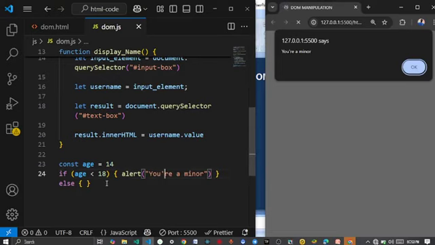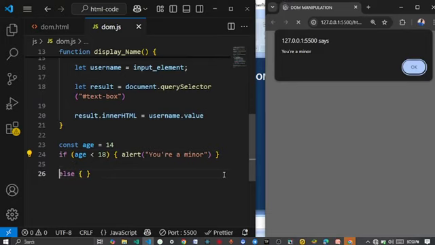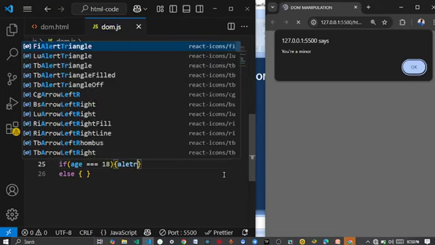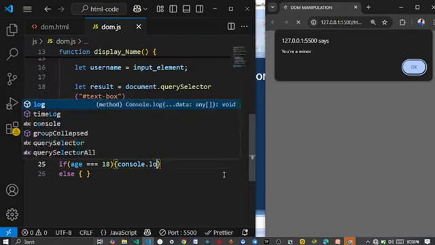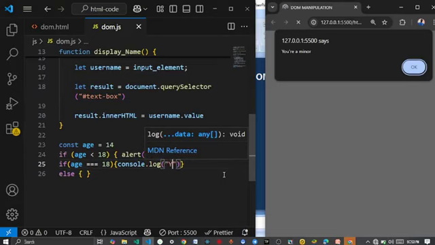So how do you actually do that now? Also very, very simple. As I said, you can have several if statements. So I can just come down before the else statement and have another if statement that says if the age is actually equal to 18. The reason why I made it triple equal to, I will explain that shortly. Or should I make it output to the console? I think console is better. I don't like seeing this alert box. So console.log. So let's say you are